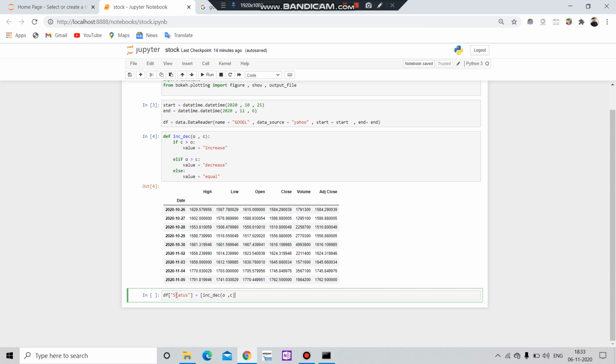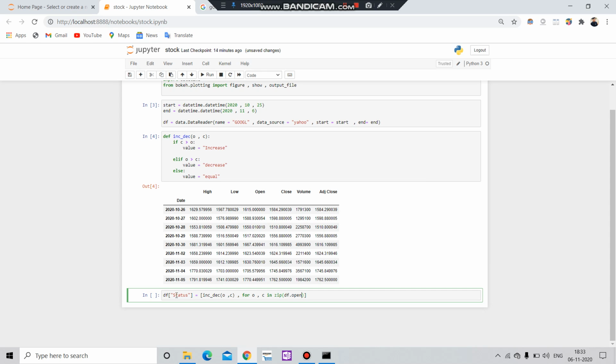Okay. Put a comma here, then we will pass a for loop for c, o in zip